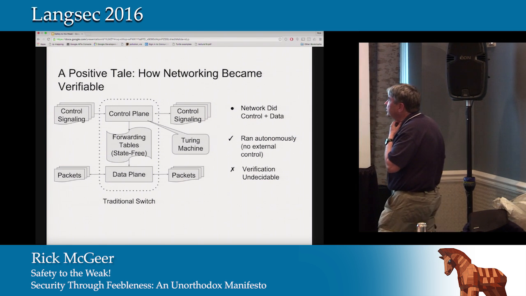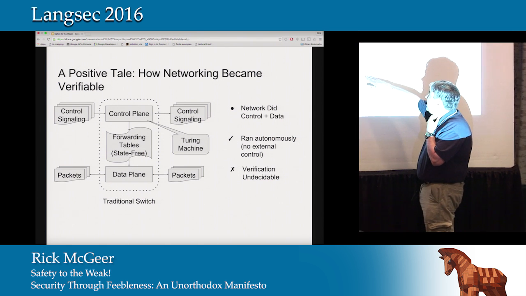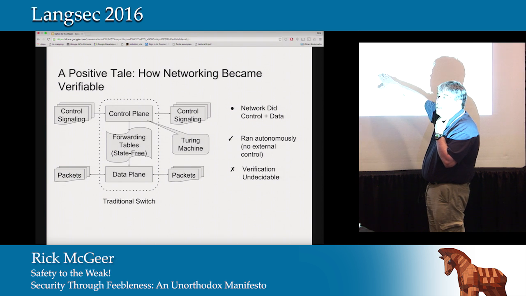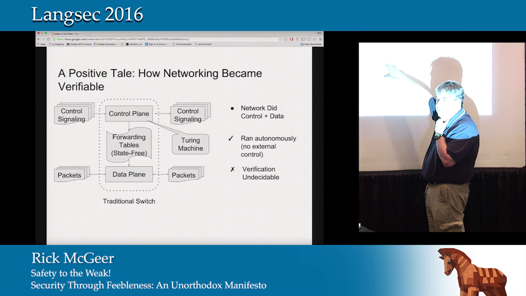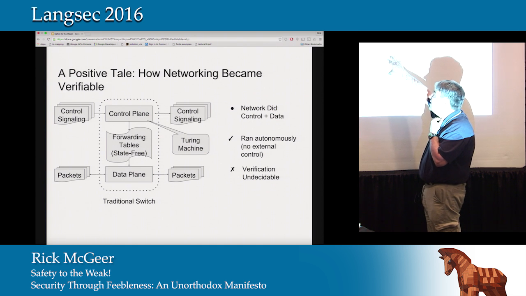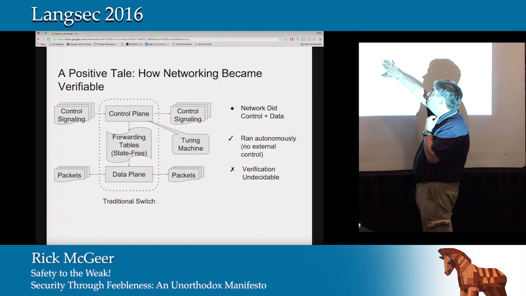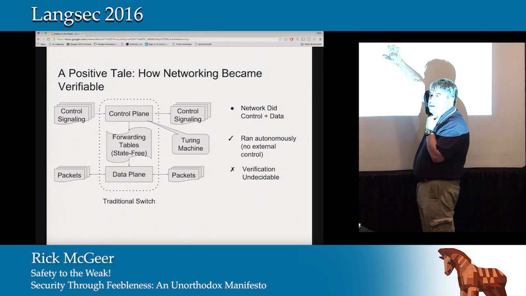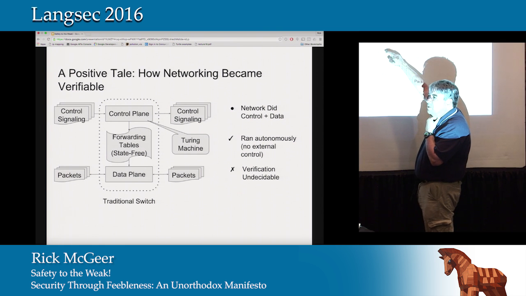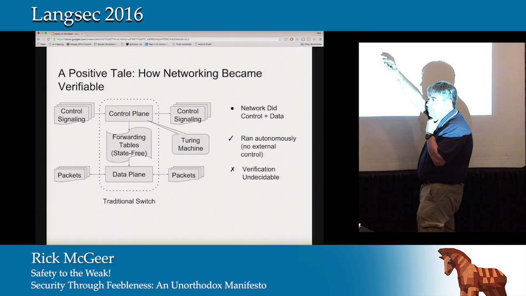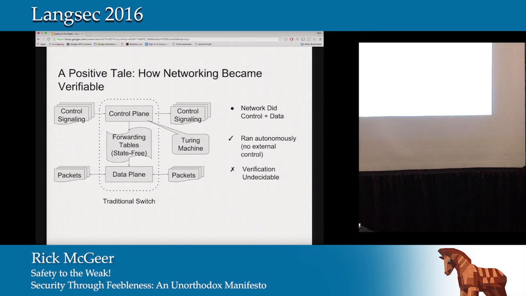So this is a traditional switch, basically. The data plane here is a stateless thing that just forwards packets according to some forwarding tables, which are basically a bunch of state-free stuff. More on that later. And the forwarding tables are generated by a controller that is sitting in a switch that the packets are coming through and going up. Some of them go up to the control plane to tell people the state of the network. But the controller is a